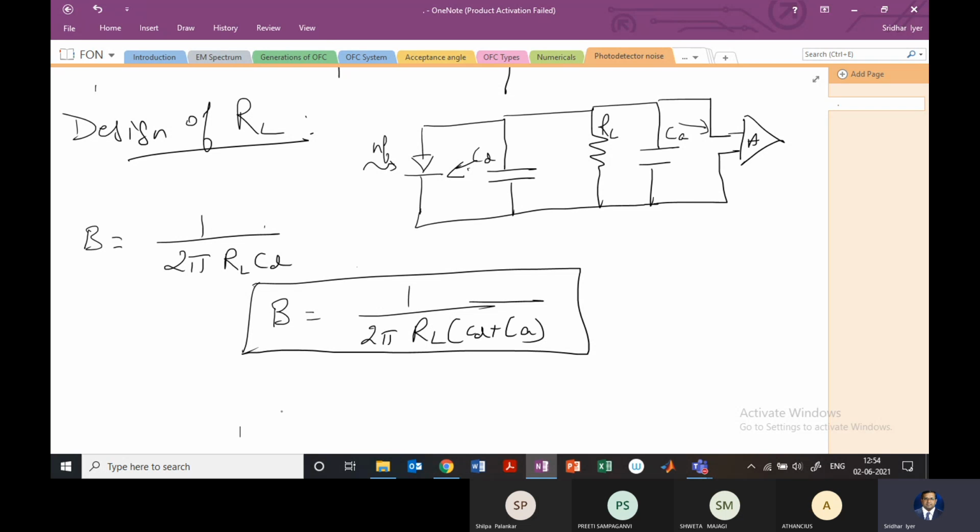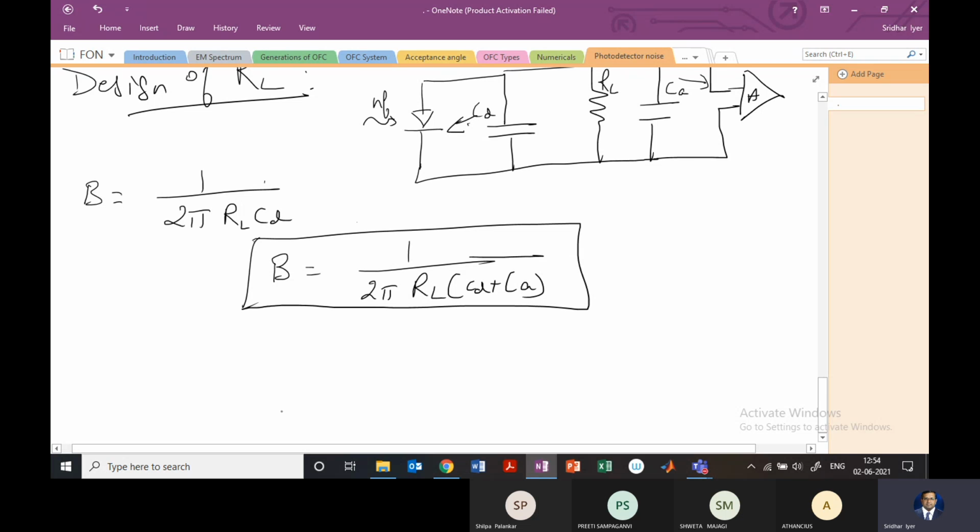The numerical which we have just solved takes into consideration that the detector is a pin detector. So we really don't have to worry about the multiplication factor, so to say. We didn't have to worry about the current being multiplied or anything like that. It's just a pin photodetector. However, if we use an avalanche photodetector, then what changes would happen? The change is obvious: we are going to have a multiplication factor.